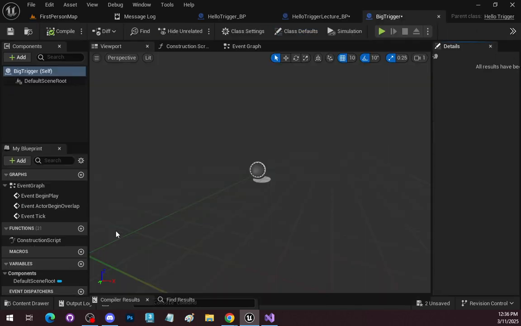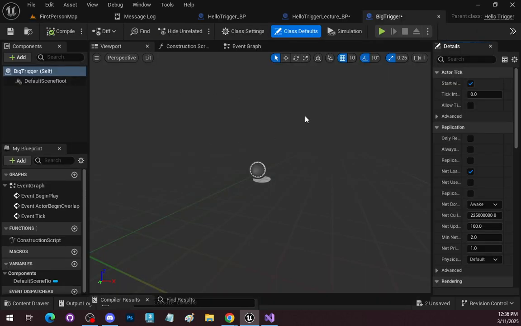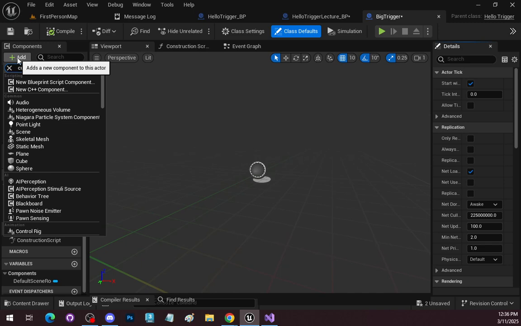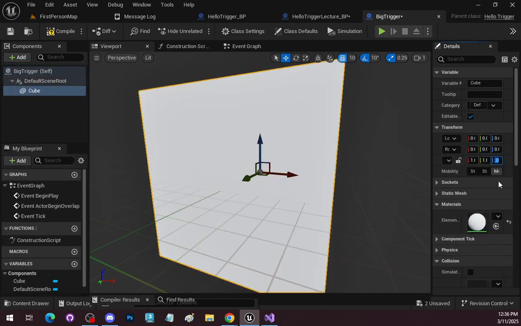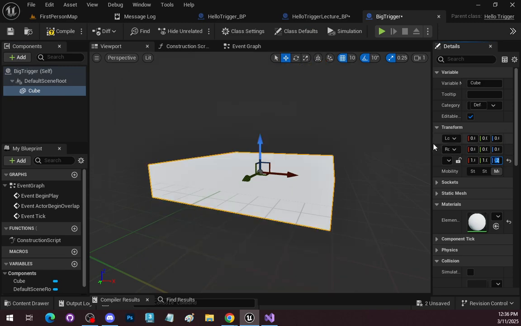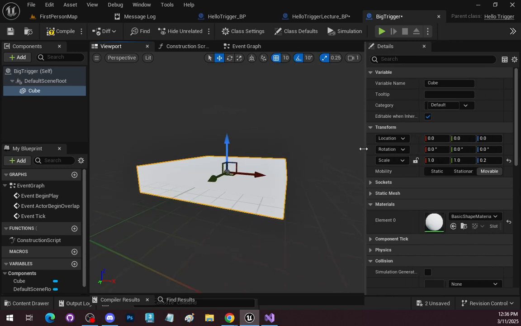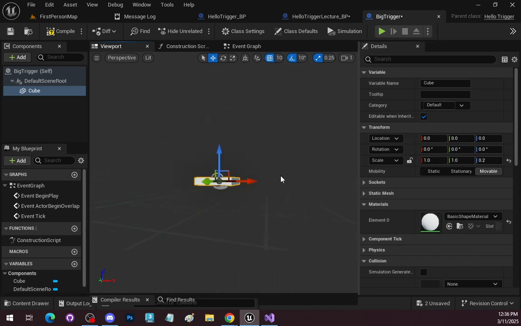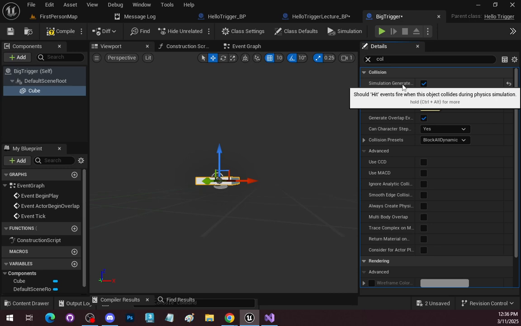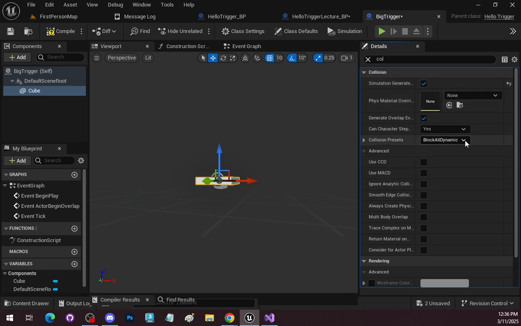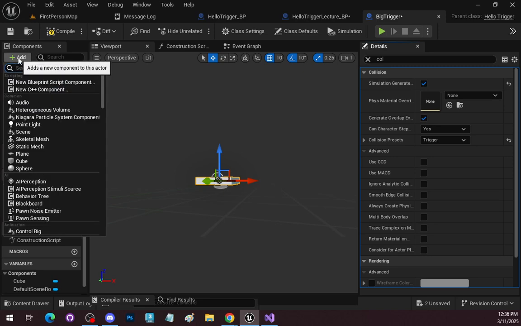So we'll call this the big trigger. And then I'm going to add a cube, again, 0.2. And we'll go to collisions and make sure that they are generating the overlap. And then this is set to trigger. I'm also going to add